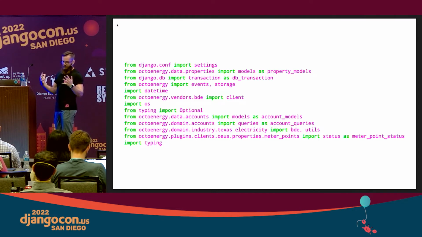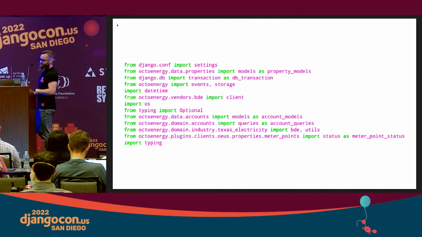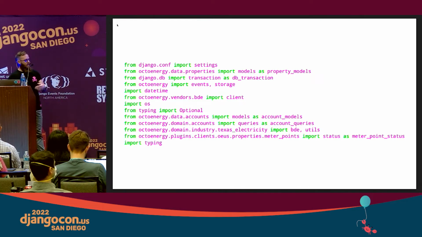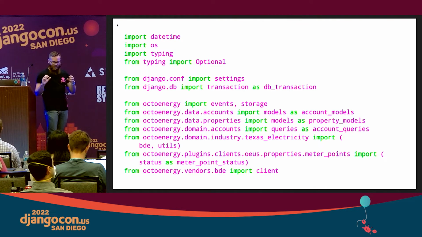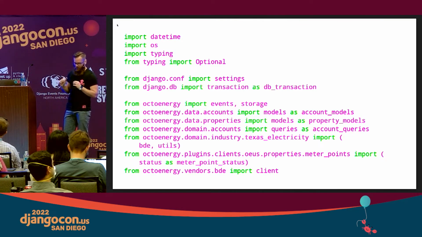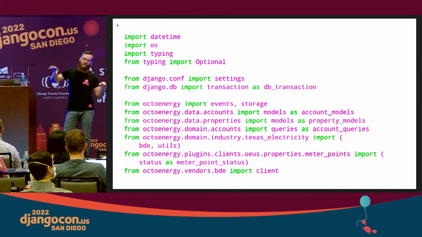So again, white space is free. We can definitely have more of it. So if I throw this code into isort, what is it going to look like when it comes back out? You'll notice the text is a little bit bigger, that we got a little bit of white space here, and things are actually broken up into logical chunks, and every file in our project would be this way, so it's easier to find imports.